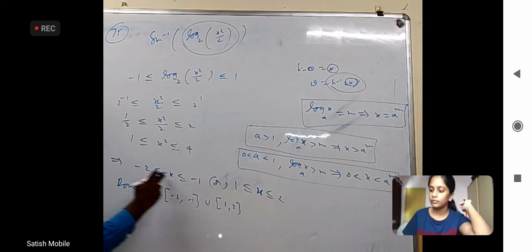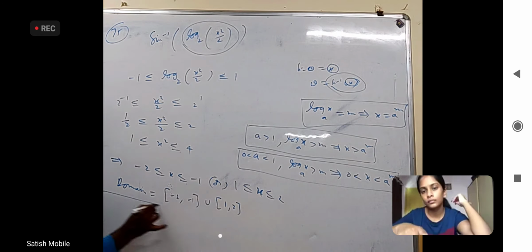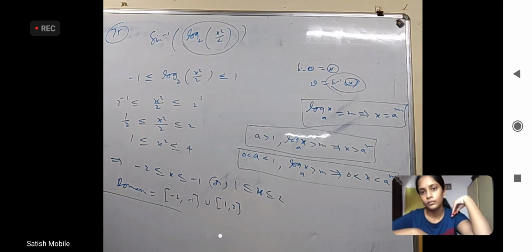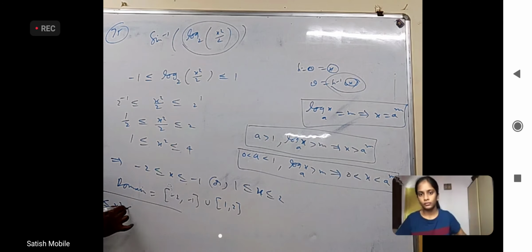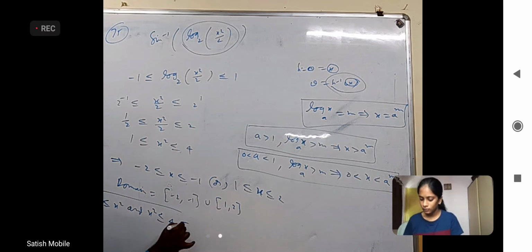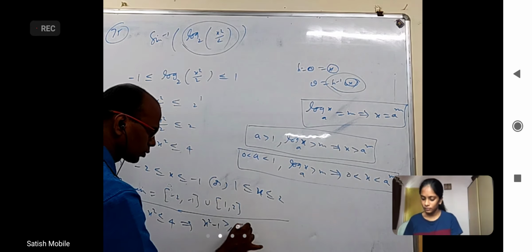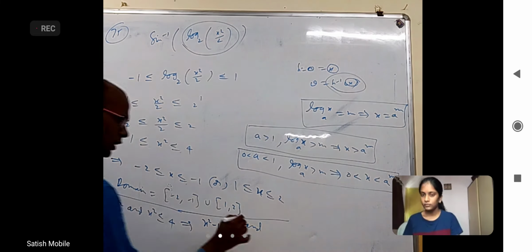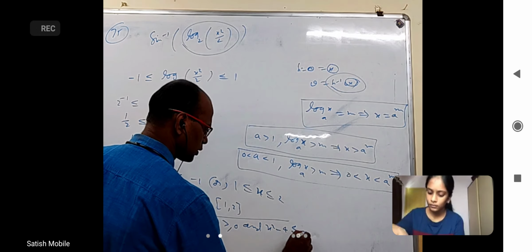Okay, how to get this part without directly concluding is that, is this part of the board visible? Okay, fine. This has two inequalities, 1 less than or equal to x square and x square less than or equal to 4. I can bring this one this side and write x square minus 1 greater than or equal to 0. This 4 this side, x square minus 4 should be less than or equal to 0.